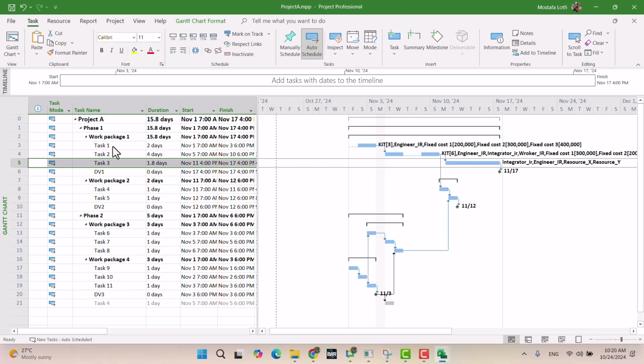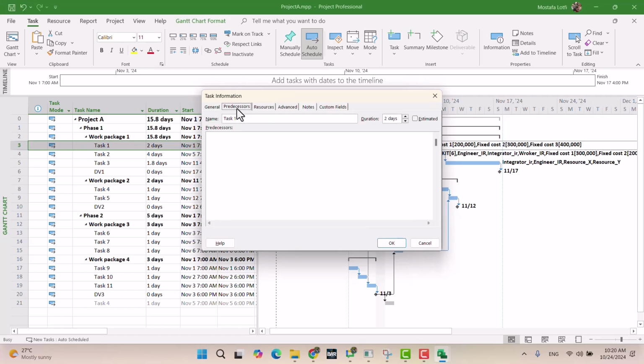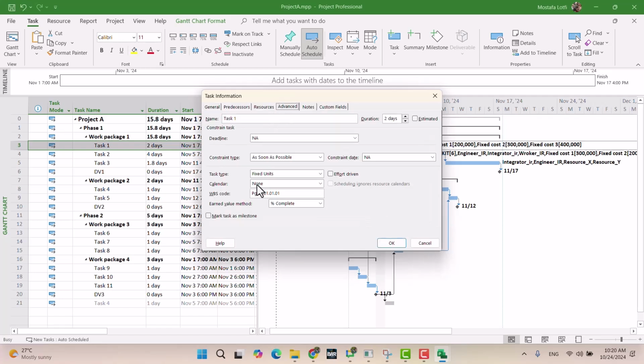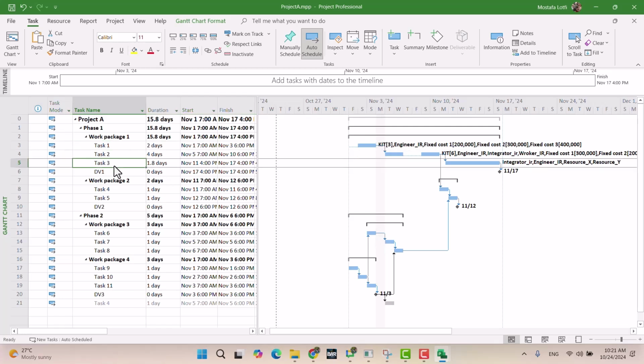One point I forgot to mention. When you assign the resource, there is a section where you can specify a calendar. If you do not specify a calendar for the task, then Microsoft Project uses the resource calendar to calculate the schedule for that specific task. Okay, so for this one,